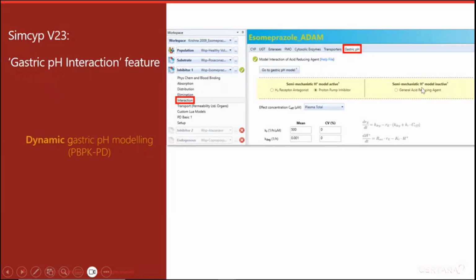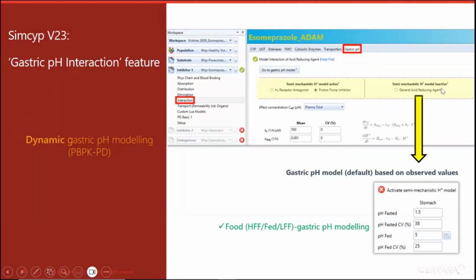The activation state of the H+ model really refers to the underlying gastric pH model, whereby if the H+ model is inactive, that refers to our default gastric pH model, which is based on observed fasted and fed pH values. There's nothing mechanistic about this model, and therefore the general acid reducing agent effect model modulates gastric pH